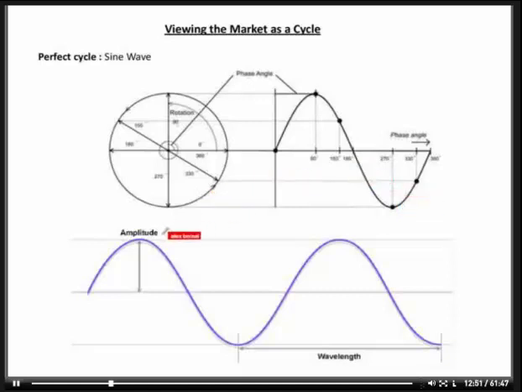The second vocabulary term we want to learn is the amplitude. The amplitude is just the distance away from the mean or the middle of where the cycle is measured. This is a very important thing to understand because this is going to lay into some of the things we're going to talk about, and also the wavelength. So just to visualize it, I always like to visualize things so I can understand it later. The amplitude is the up and down movement from the middle, and the wavelength is actually the periodicity of the cycle.